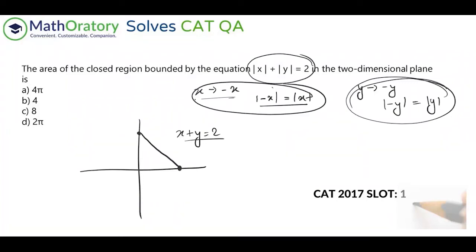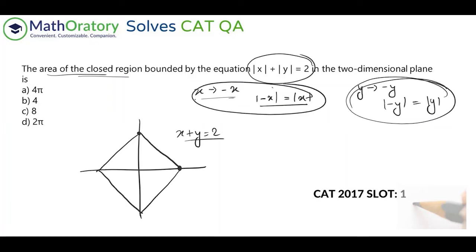Now because of that symmetric nature, you can just complete the graph in each of the quadrants here. And this will be the graph of this particular function. Not a function actually, this relation, let's say. Now, the area is required. So the area of the closed region is asked. Now, you can treat this as a square. I'll treat this as a quadrilateral. It is a square, it's even a rhombus, it's even a quadrilateral.